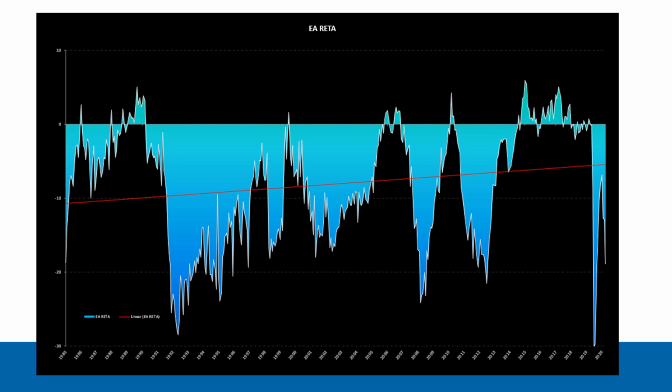And yes, it has been getting better, but it's taken 35 years to go on average from -10 to around -5. So maybe in 35 years' time, we might see the retail sector in the Eurozone actually have an average positive sentiment. But I very much doubt it. And if you think of the consumer sentiment data that we looked at on the previous slide, that's extremely unlikely to happen.